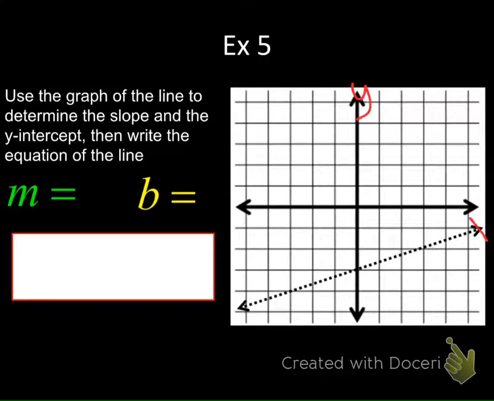-3. Okay. -3 is my what? Say again? My b, which is my y-intercept. All right. Find my next lattice point here. Okay. So then what's my slope going to be? 1/3. So my slope is 1/3. Then my equation in slope-intercept form: y equals 1/3x minus